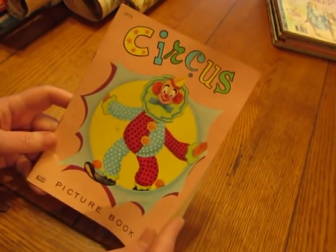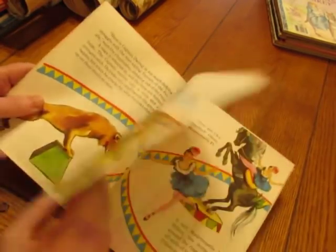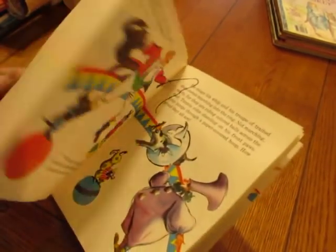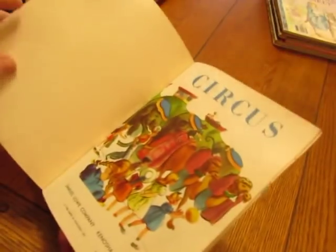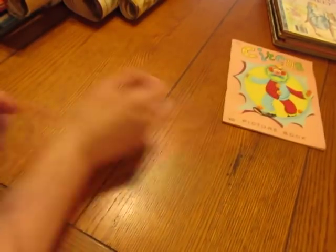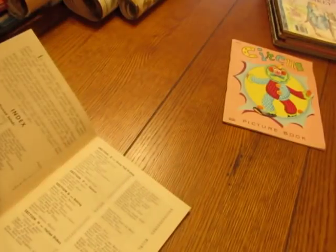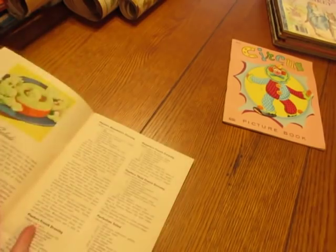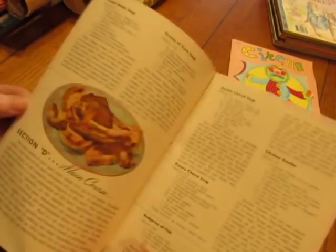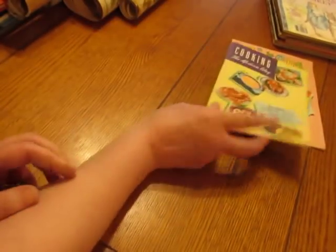I got this little circus picture book because it's paperback, but it's stapled and I can pull these out easily and use them in circus books. It's really cute. Oh my goodness, look at that clown's outfit. 1966 for that book. This one, Cooking the Modern Way. I was looking for the date, but I don't see a date. Maybe there isn't a date on it, but it's definitely old. So these will be fun pages in a cookbook